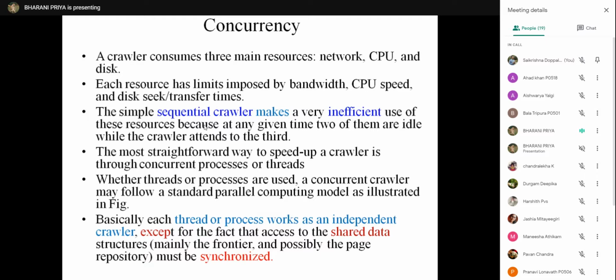So when you use a sequential crawler, using one resource after another, at any time two resources will be idle. To speed up and keep all three utilized at any time, you need to run the crawler program concurrently.